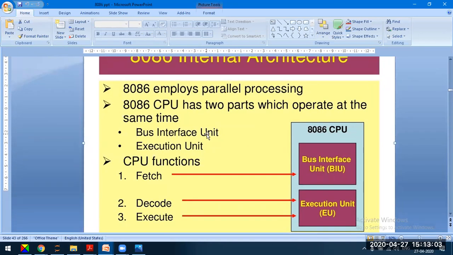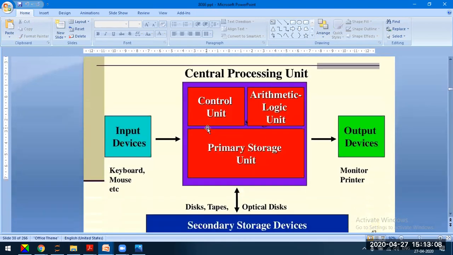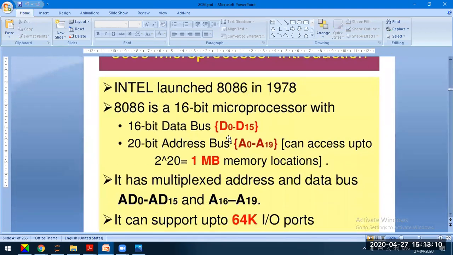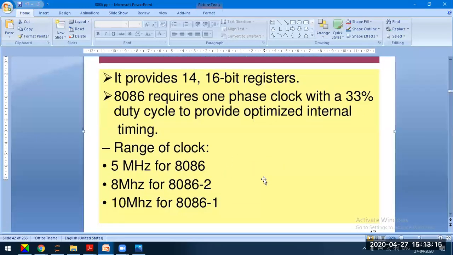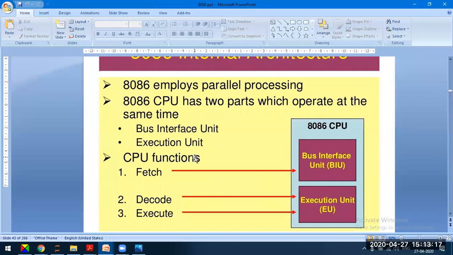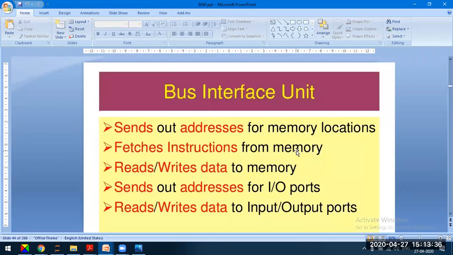Because of this parallel processing, which is also called pipelining, though the 8086 operates with a lower frequency of 5 megahertz, for example, the speed of operation is quite fast, which we don't find in 8051. 8051 doesn't do any parallel processing. It will fetch the instruction, execute the instruction, give the result, and only then will it fetch another instruction. Not so in the case of 8086.